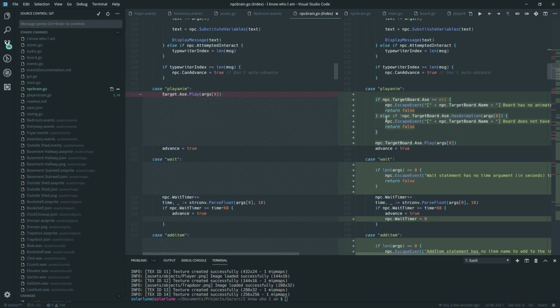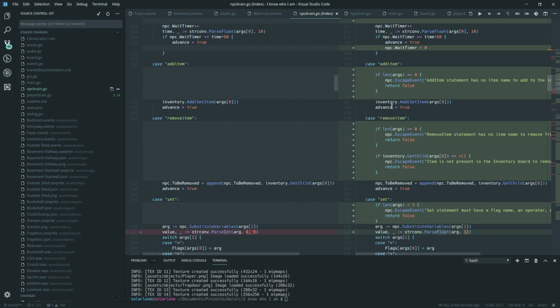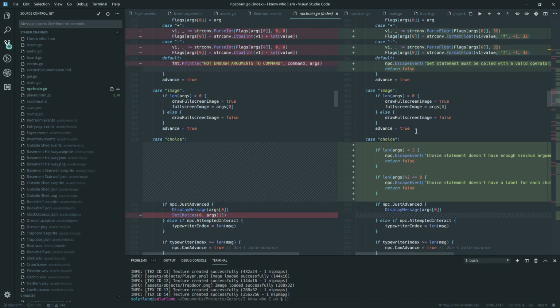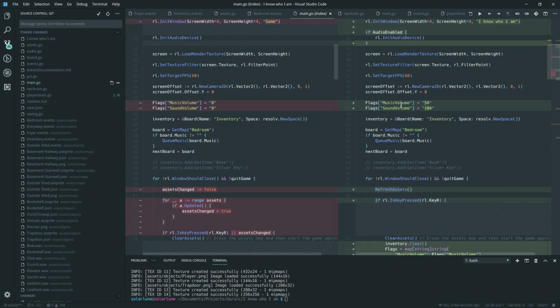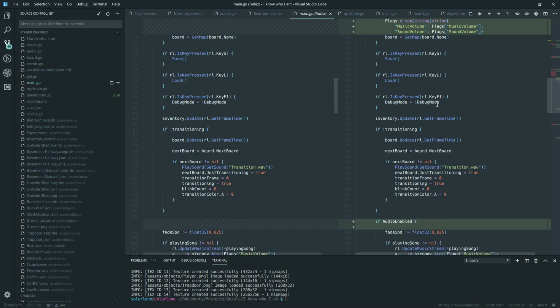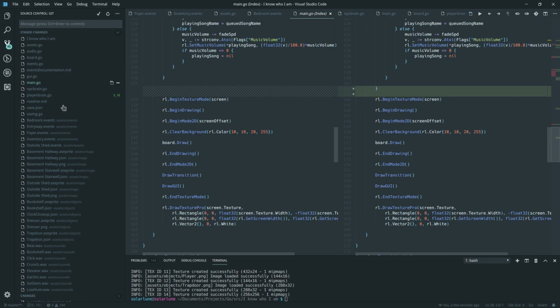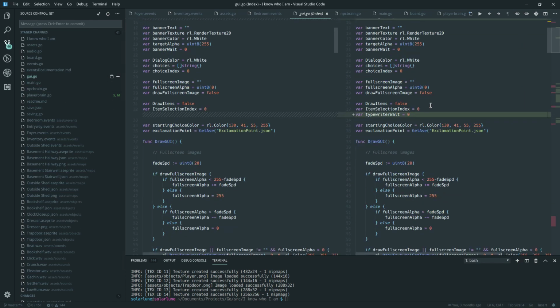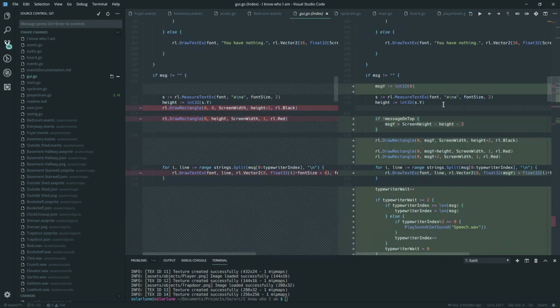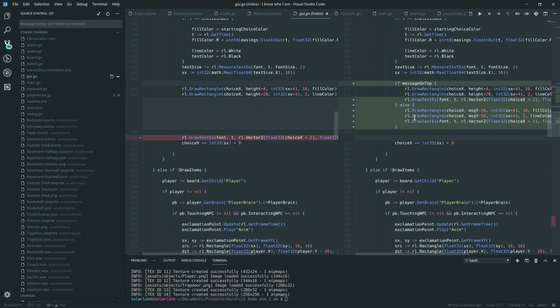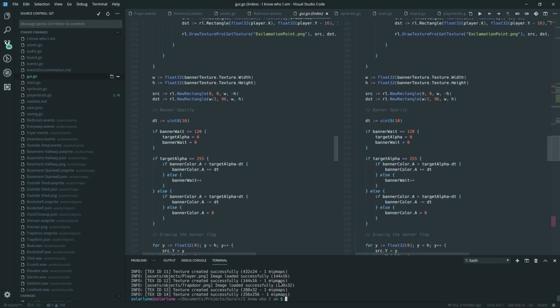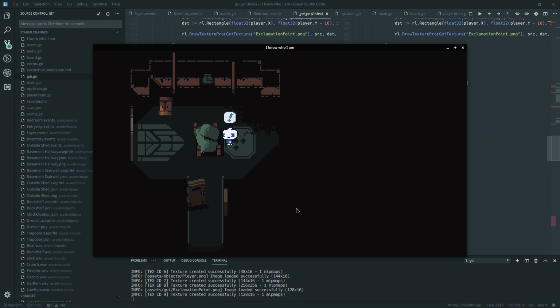Yeah, so this is all the work that I did in adding escapes, so that if things don't work out, it'll try to let you know what's going on, rather than just crashing outright. Apart from that, something I added that might have gone unnoticed is that if you interact